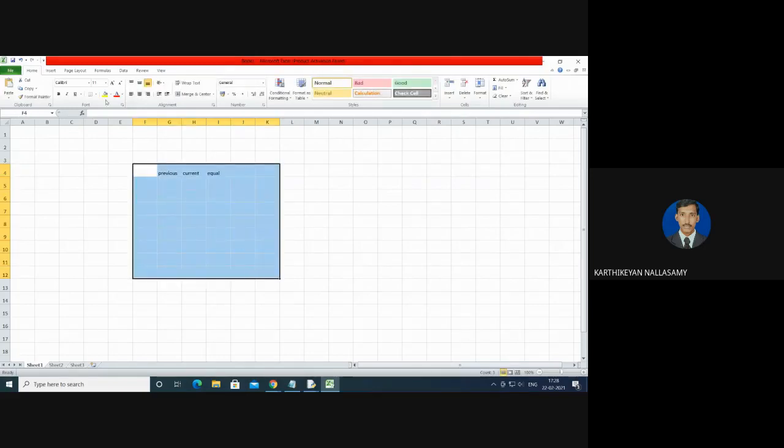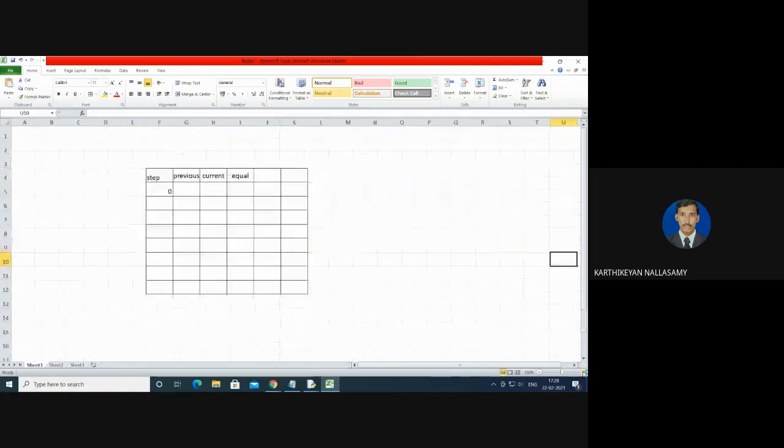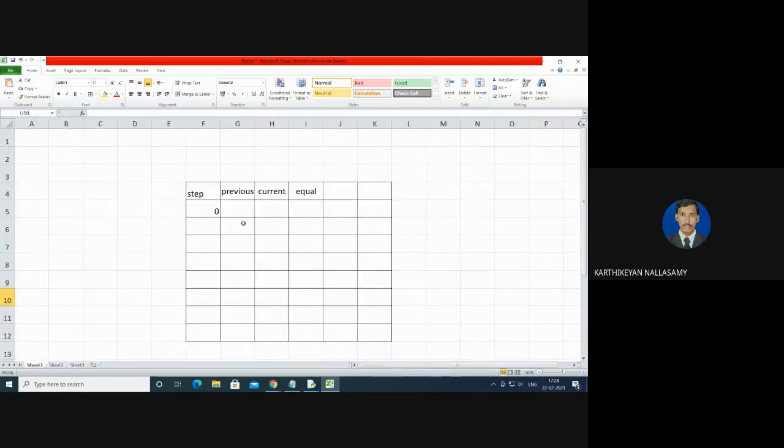When should I stop? Once the previous iteration value and the current value become equal, I can stop. This is the step number. Initially it is step 0. For step 0 the previous value is not known, but the current iteration value is 1, so it is not equal.